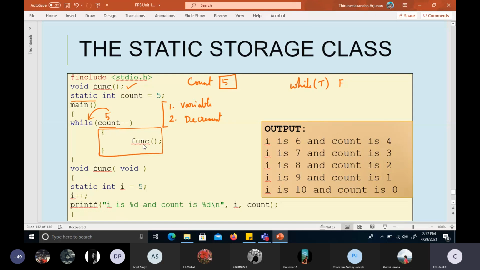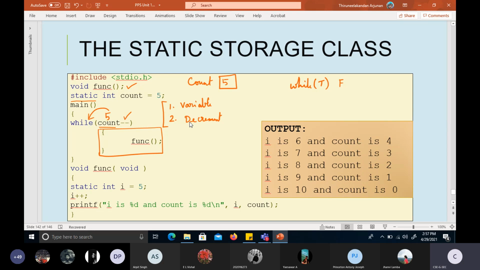So what I'm trying to say, initially the value of count will take this 5 into its place and then it will give it to this while loop for checking the condition. While of some high value number means it becomes true. So because of that, it will come inside. But before getting inside this function, it will also process this minus minus symbol, because we have got the second condition as decrementation.